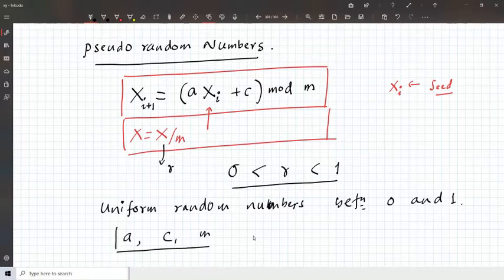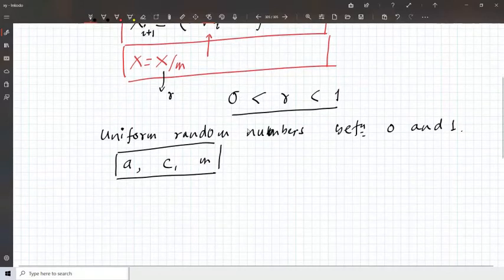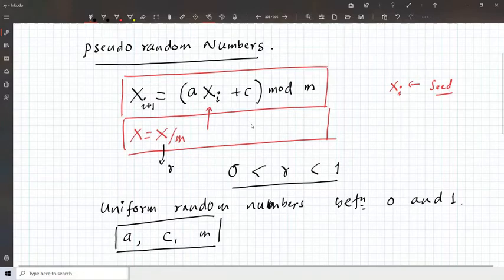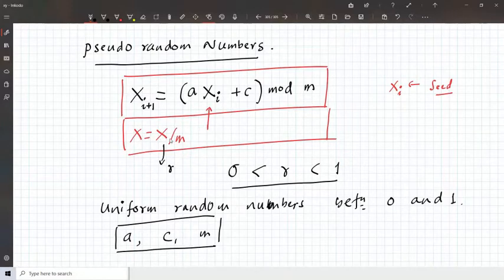Traditionally, there is a lot of research on them, and lots of different combinations of values are considered carefully, so that the numbers don't repeat in a certain span. That means at a certain scale, it looks random. It does not repeat.